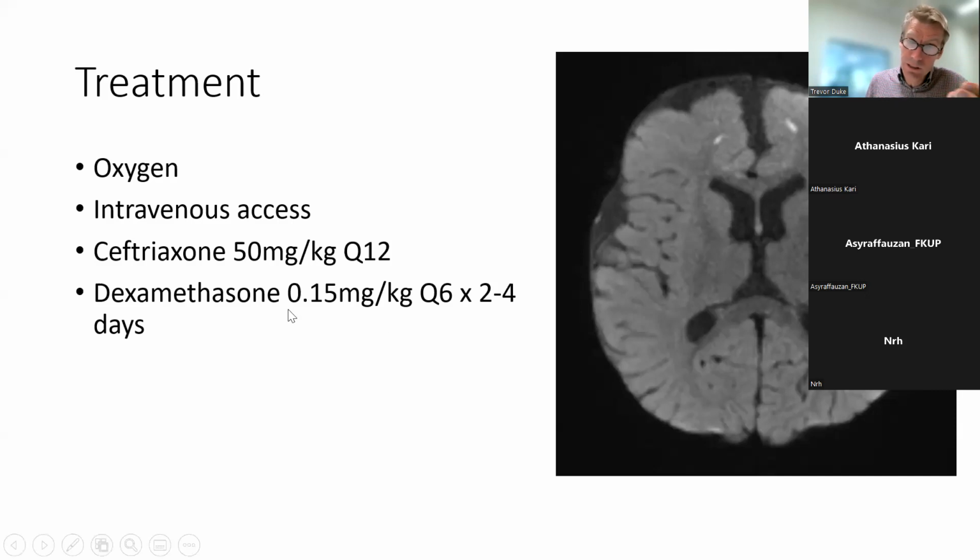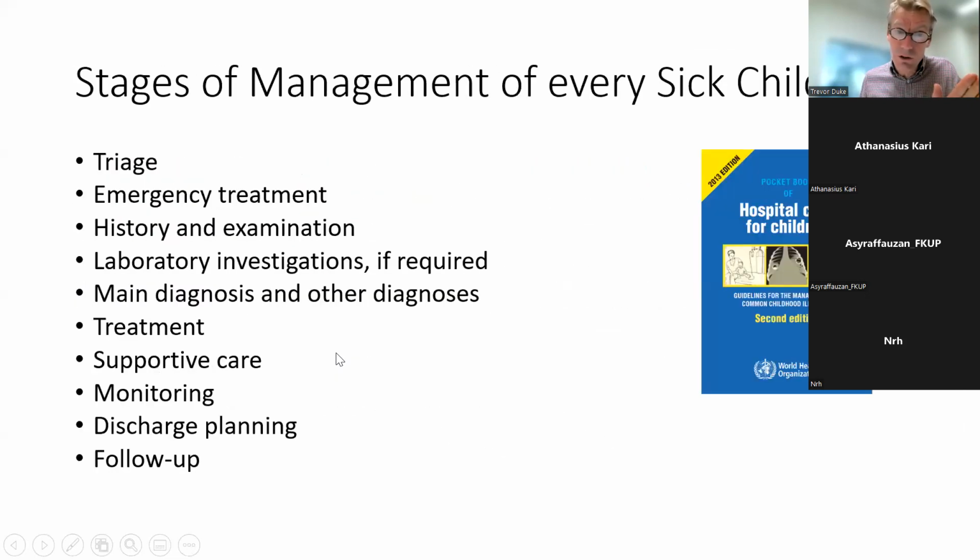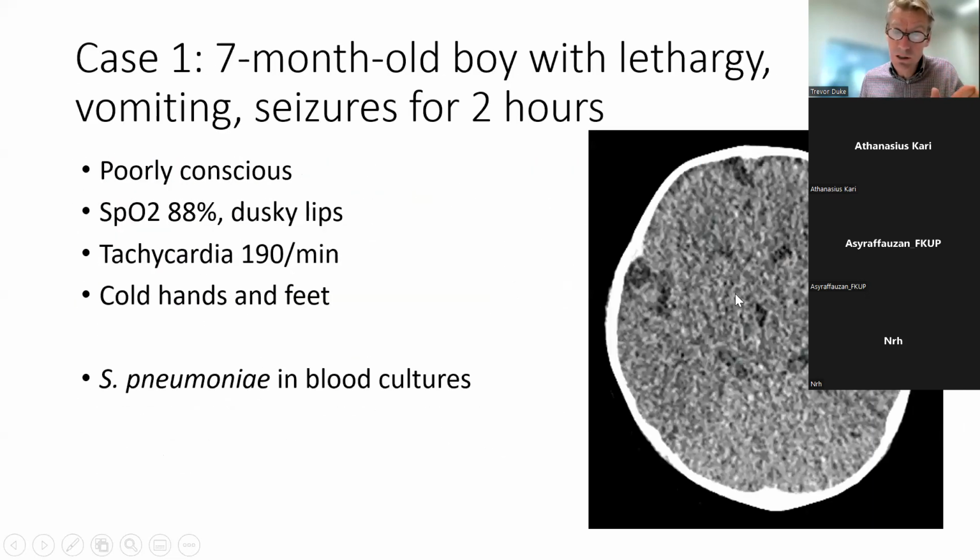So using dexamethasone or prednisolone can do that. This was another child with pneumococcal meningitis' brain scan, and you can see these areas here that are vasculitis within the brain. Don't worry about that too much, but back on this child, the first child I showed you,